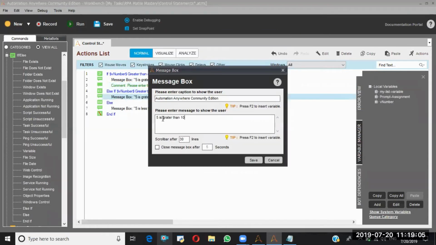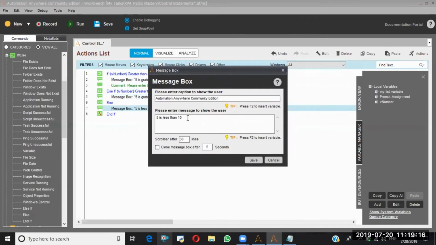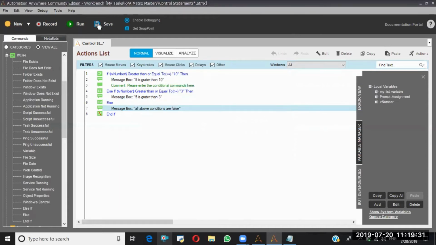Here I'll say 5 is greater than 3. And here I'll say all conditions are false. See, this time it is going to print this one: 5 is greater than 3.